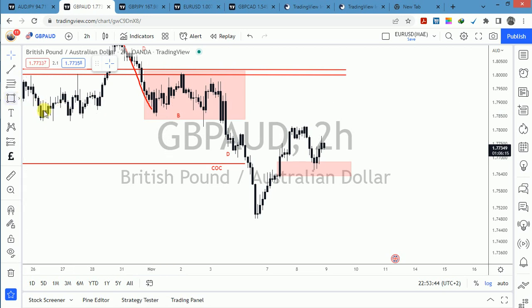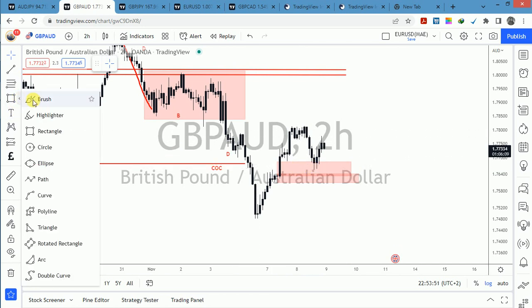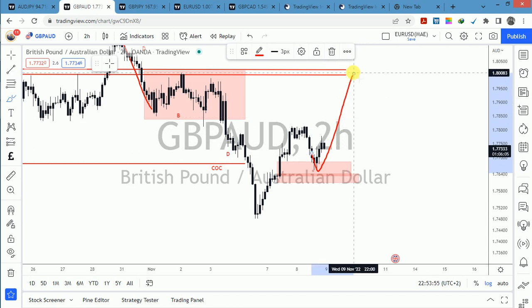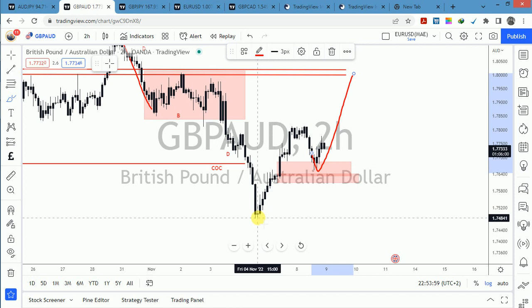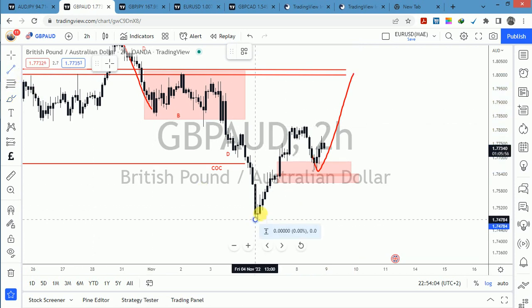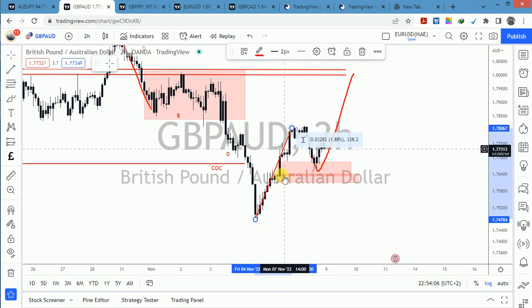And then this was our OB. We had an imbalance there, which I believe we closed up. Now we should continue to go up. So for those who are trading a buy, obviously your take profit is going to be this leg, because